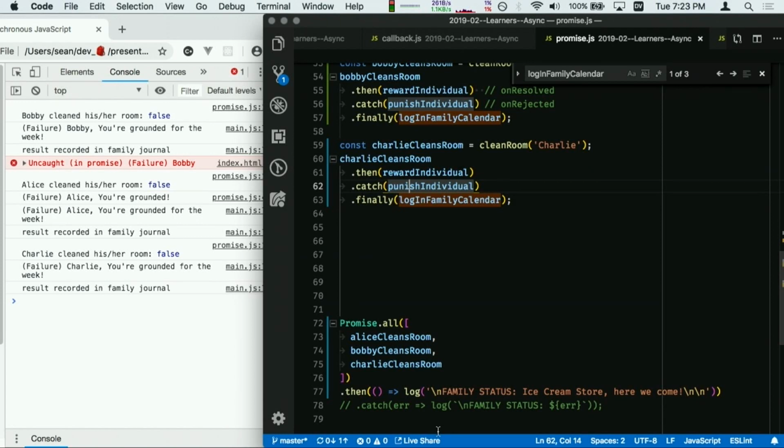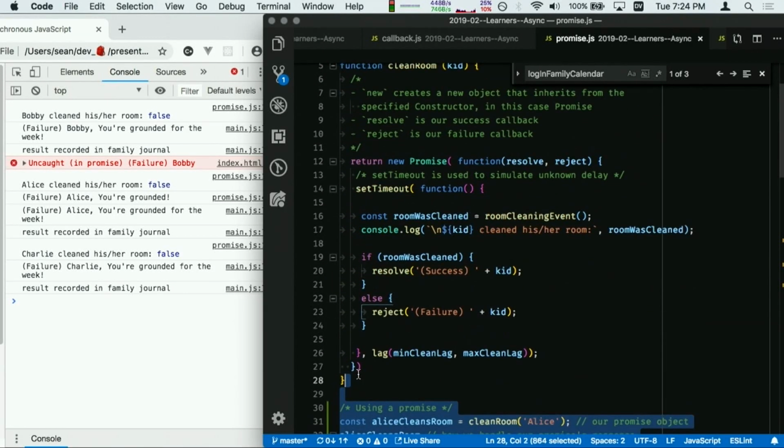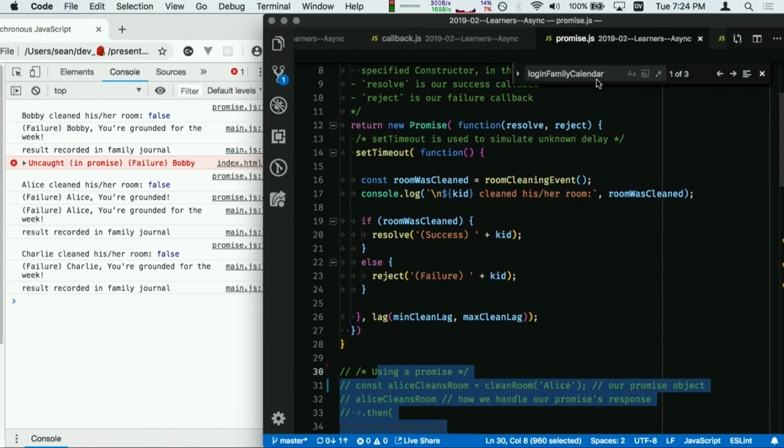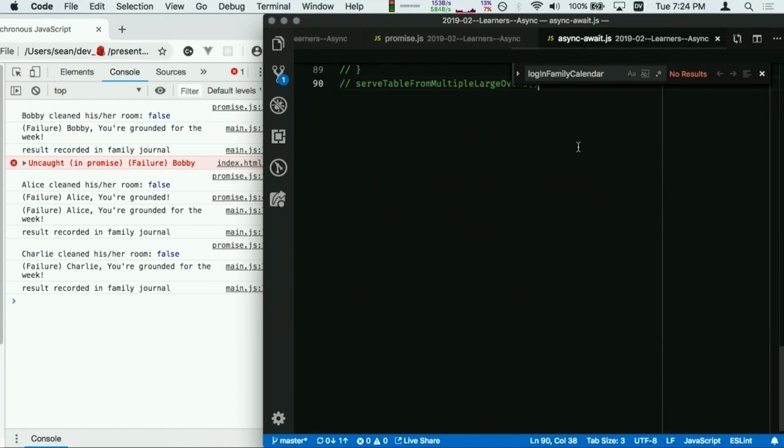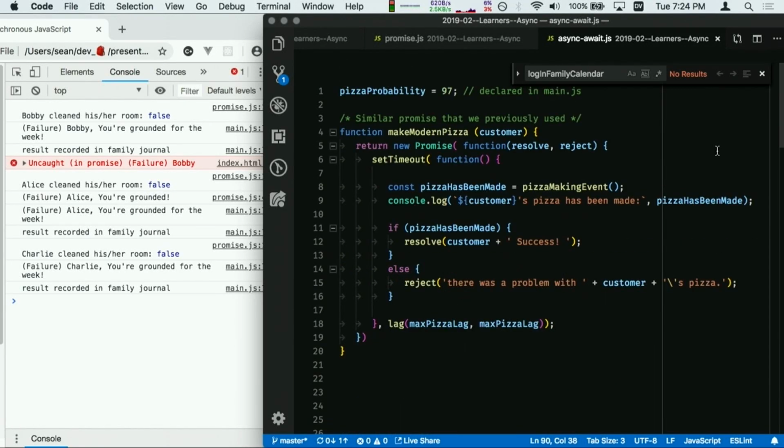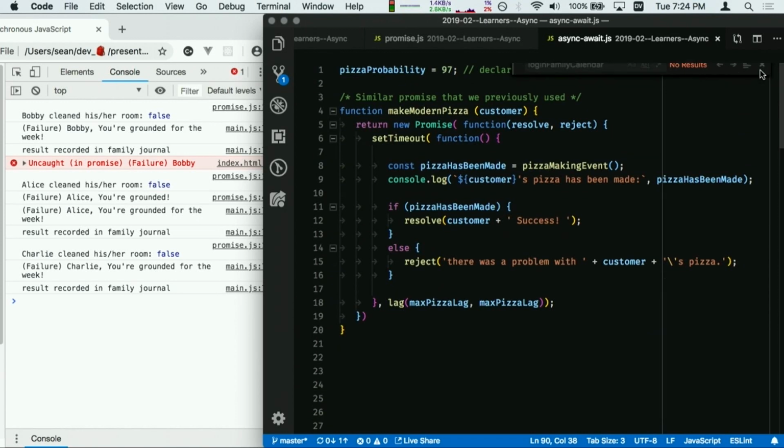Another question? Nope. Okay. We're down to 7 minutes. Real quick, I'm going to comment all of you out so we don't obfuscate too much. And the latest, greatest is the async-await. So this actually uses a promise under the hood. This Make Modern Pizza is kind of a mashup of the pizza example from the first Callback.js example, but